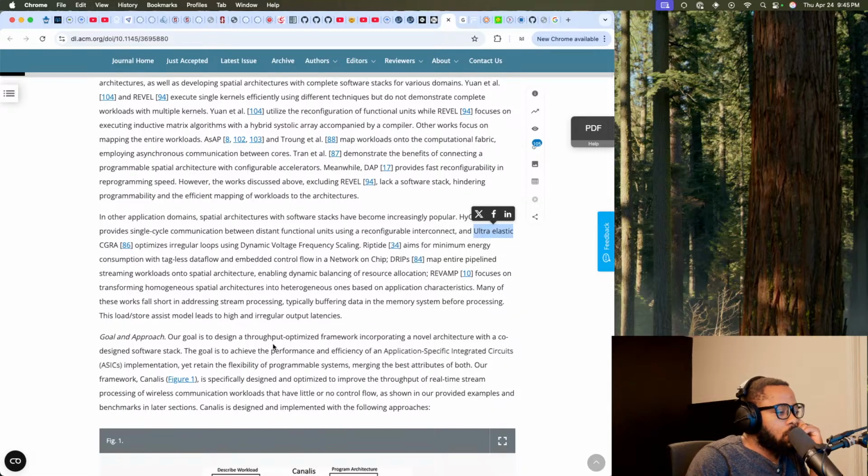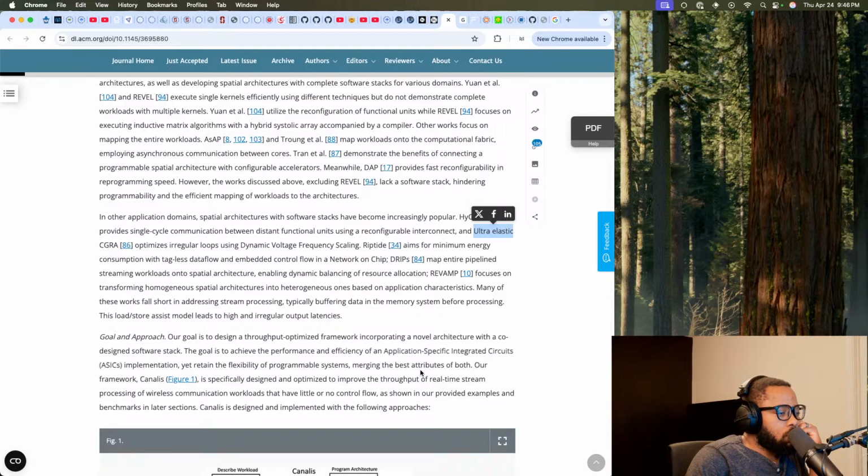Our goal is to design a throughput-optimized framework with a co-designed software stack. The goal is to achieve the performance and efficiency of an application-specific integrated circuit implementation, yet retain the flexibility of programmable systems.